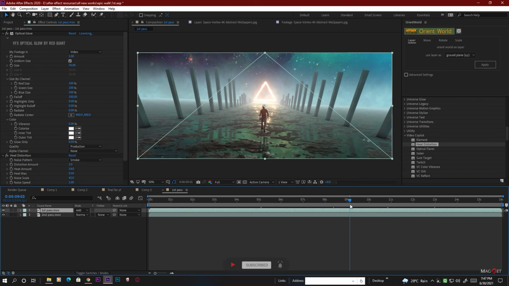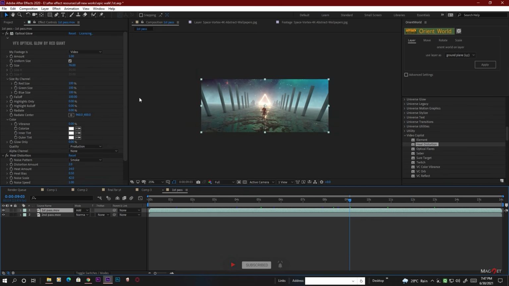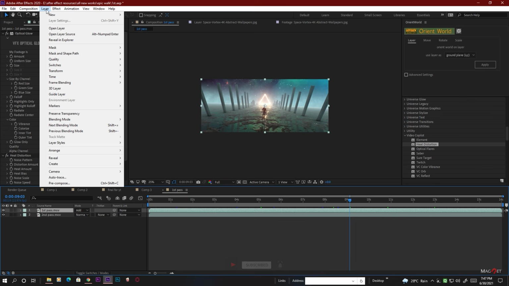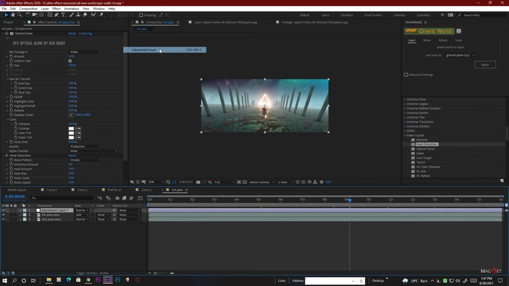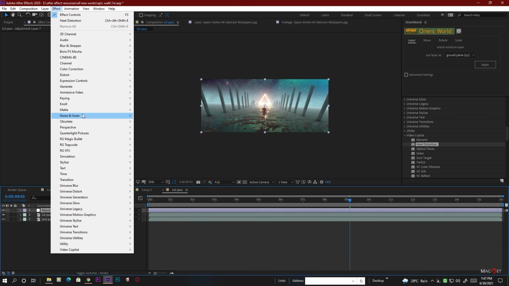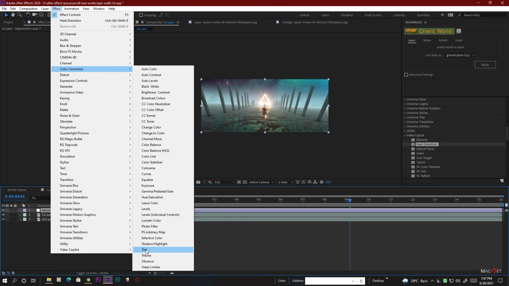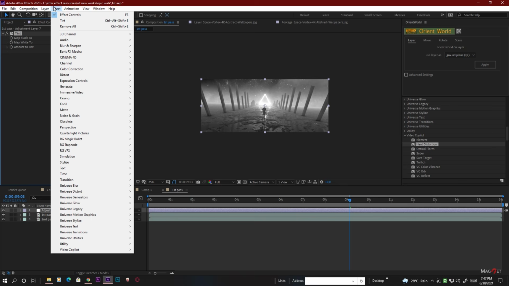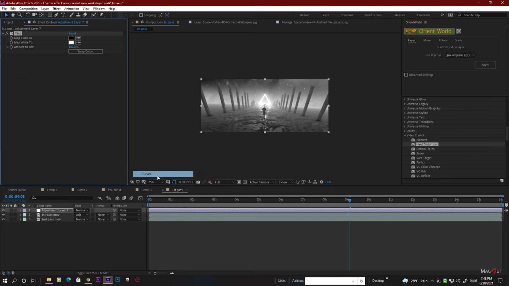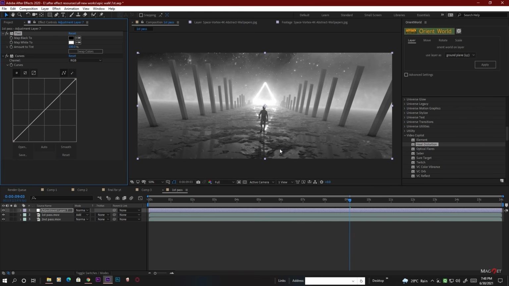Okay, so now let's do some color correction for our scene. Go to Layer, New Adjustment Layer. Maybe we can go to color correction. First we select the tint, and then again we go to color correction and curves. Maybe we can set it as black and white. I mean, look at this, it looks classy,